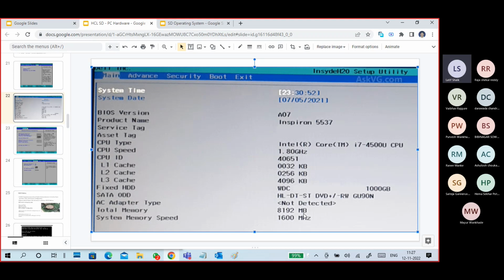For example, if I add another 8 GB RAM to my PC, then when you go to the BIOS setting, it shows 16 GB RAM. Okay, when you start your PC,